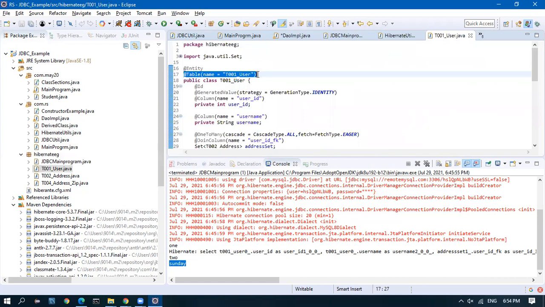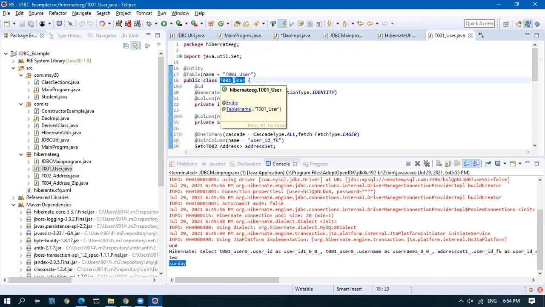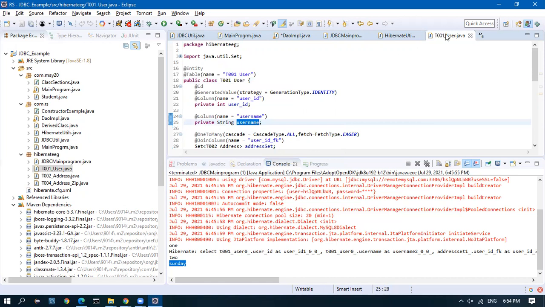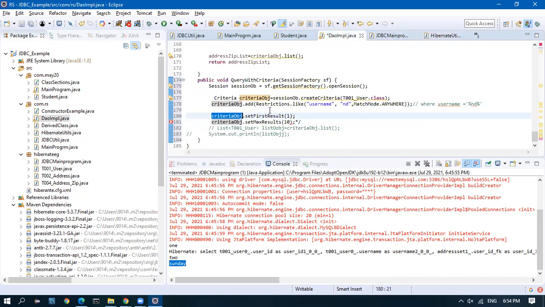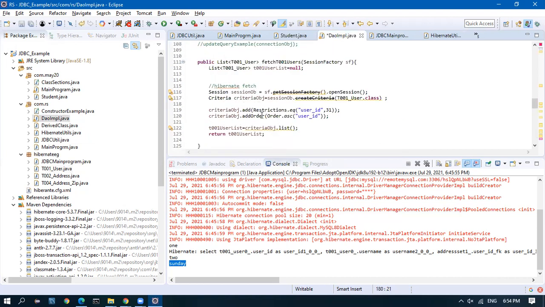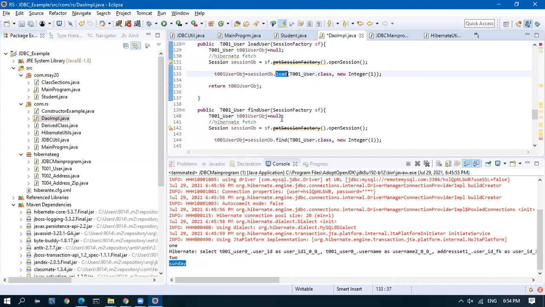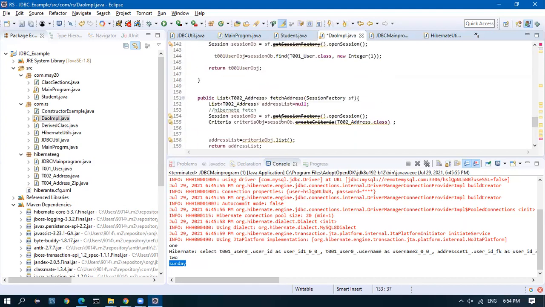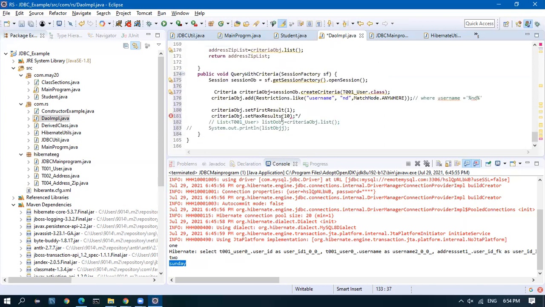The thing you should know is that a table will be represented as a Java class. That is the key thing in Hibernate. You will not interact with the table, you will interact with this particular class. When you do something with this class, it means you are changing something in the table. So if you set a new value in the username and you call hibernate.save. I showed you fetch, right? So load and find we saw. In find, fetch address, save, where is save?